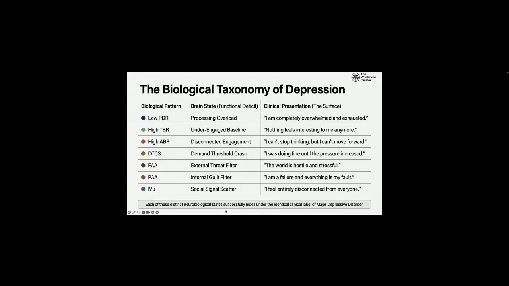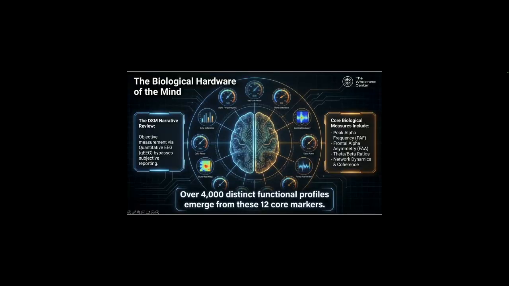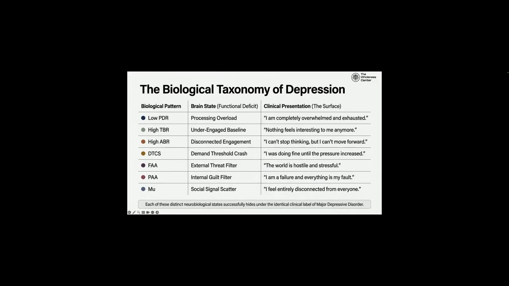Let me go back. Okay, so high theta beta, we talked about this one. This is our sort of underengaged baseline. These are people where the world isn't really interesting. It's not stimulating enough. See a lot of artists with this pattern, okay? Again, looks like depression. Often in females, by the way, too. We published a paper on this, I think, 2 years ago. We were looking at how many women were coming in labeled as depressed, but actually had brains that look more like ADHD. And so we wrote a paper about it because it kept happening so much. So these are the people, again, that sort of artist pattern. These are usually my creatives,